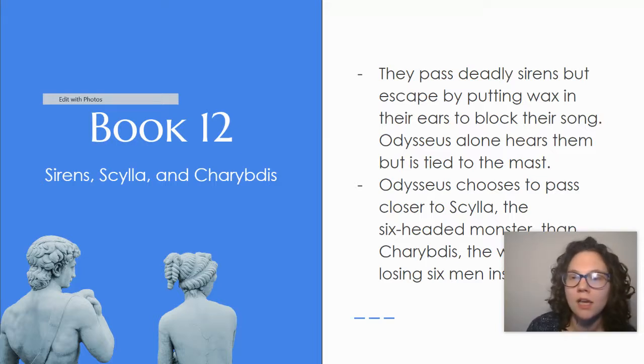washed upon the rocks. So Tiresias had warned Odysseus that they need to put wax in their ears when they pass so the men can't hear the song, they can't be enticed by it. But he says that if Odysseus wants to know what it sounds like, be the one human person that has heard it and survived, he should tie himself to the mast and instruct his men to ignore any pleas for